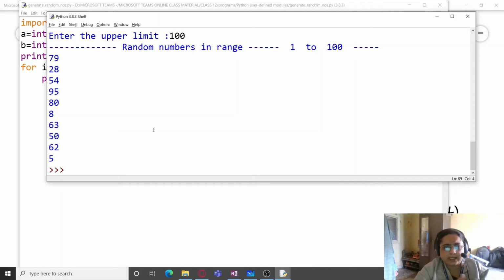Also, you can implement the Tombola game with this. In Tombola, we already know that numbers are generated between 0 and 90. 90 is the last number.